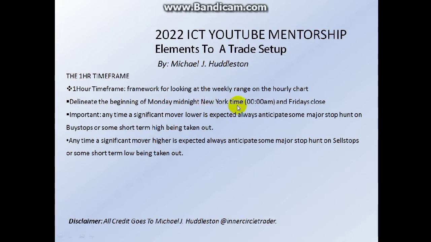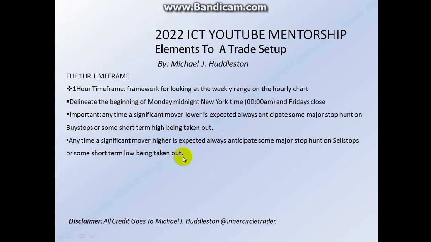And Friday's close. Now, this is more like a point: any time a significant move lower is expected, always anticipate some major stop hunt on buy stops, or some short-term high being taken out. Then any time a significant move higher is expected, always anticipate some major stop hunt on sell stops, or some short-term